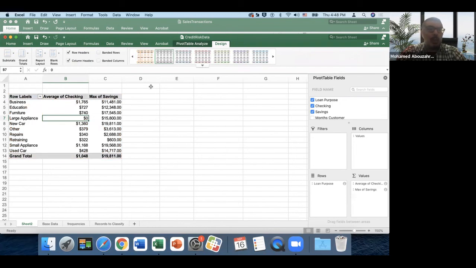Okay, we can add banded rows, so the rows will be banded so they are easier to read. I can add banded columns. Okay, I can highlight row headers or unhighlight them. They are not highlighted anyway. Column headers I can uncheck, and the column headers